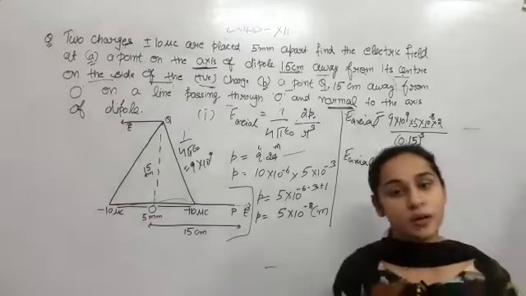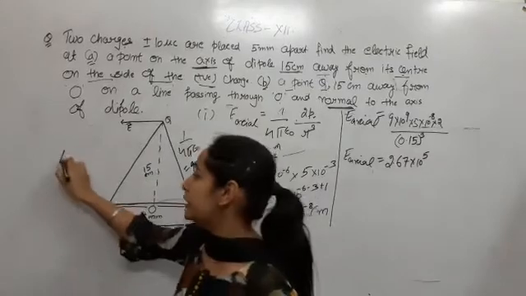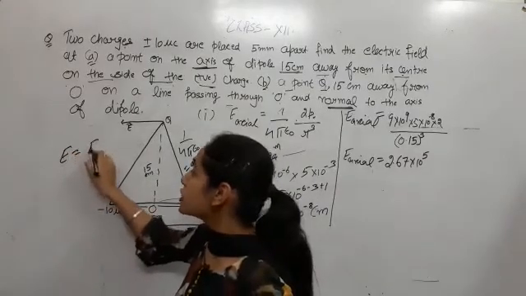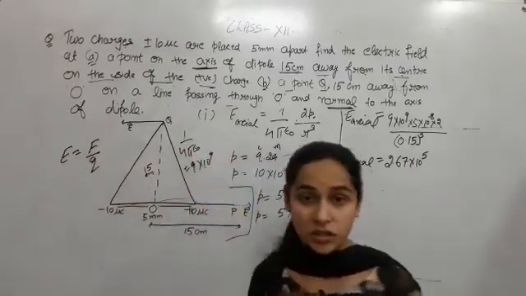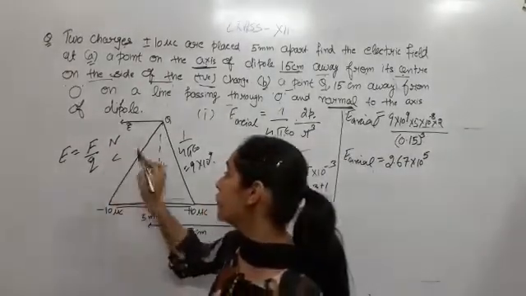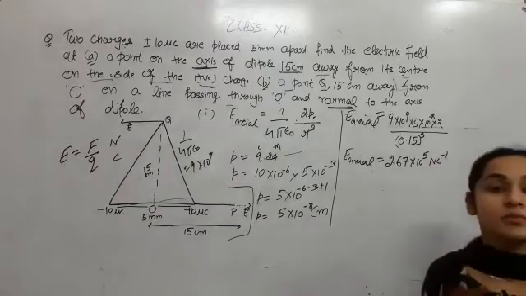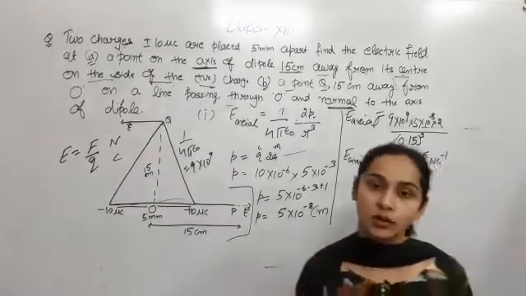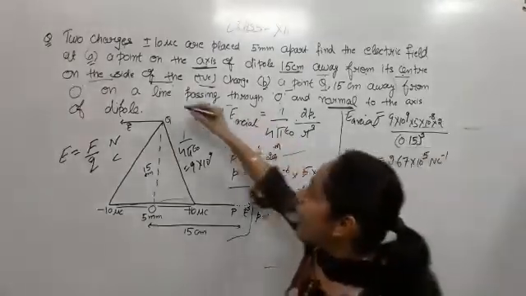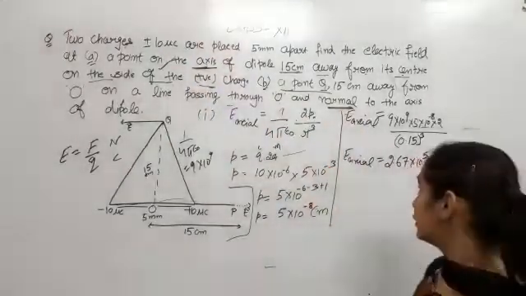Now again the question comes, what will be the unit? We know the electric field intensity is force per unit charge. Unit for the force is Newton, unit for the charge is Coulomb. So, I will get Newton per Coulomb. This is my electric field intensity on the axial line. Now, A part is completed, done. Come to the B part. What will be in B part?